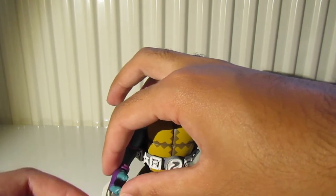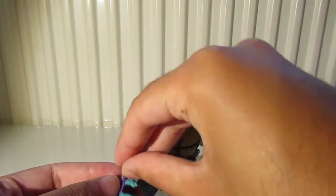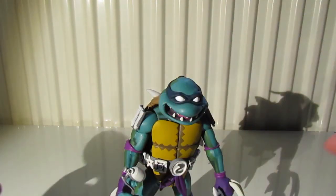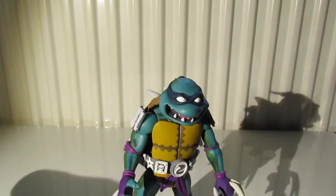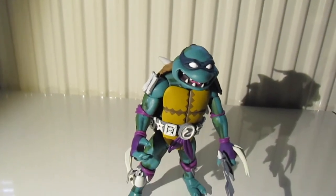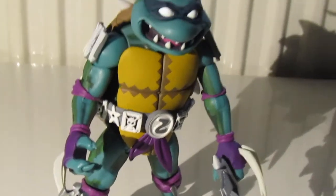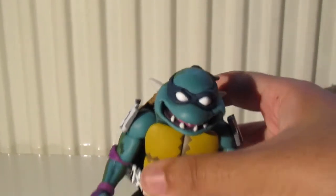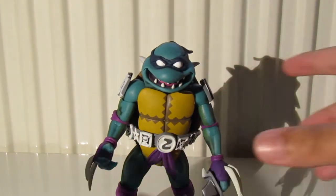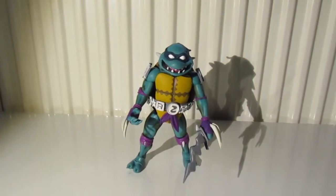So you could use the clip to either clip it onto his fingers, like that, which is a very big risk of falling off. You clip it onto his spikes like this, which also has a risk of falling off. And I've noticed if you really want to, you could also clip it onto the sword, which I don't really think looks very good, but it's still an